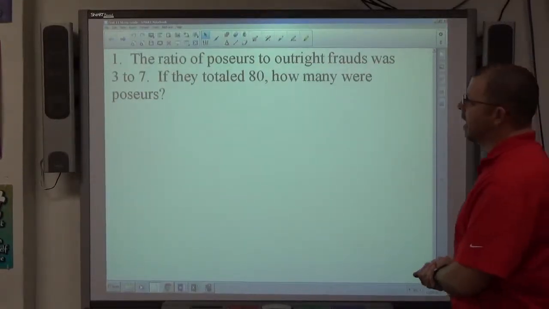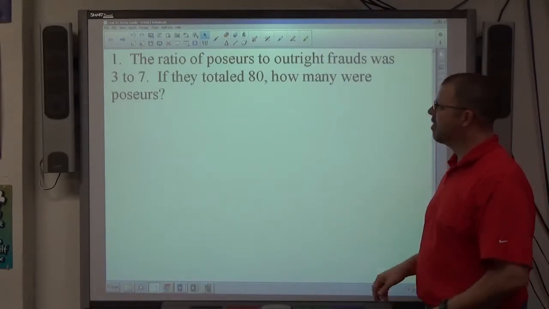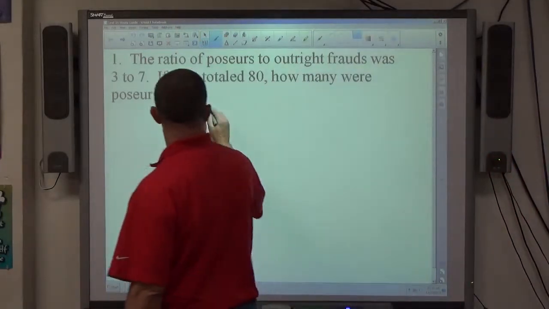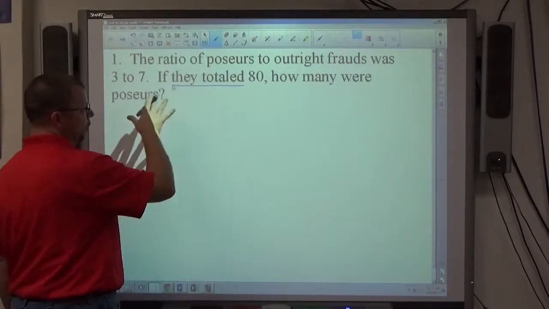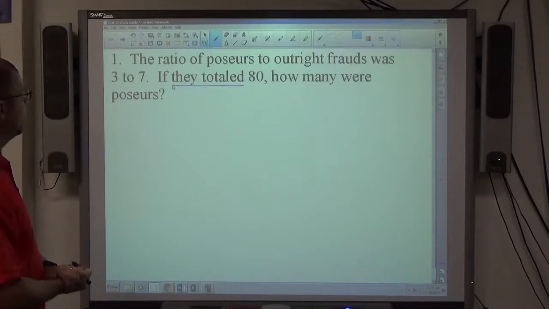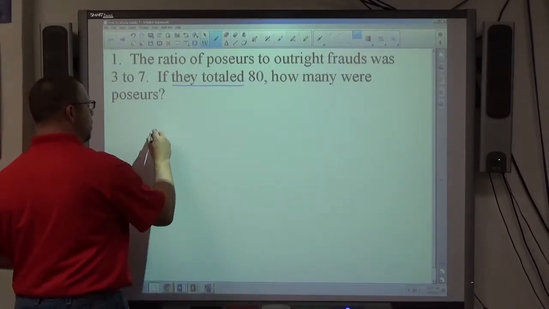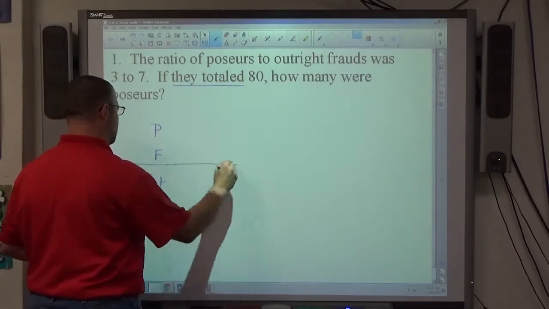Okay, number one on the study guide, the ratio of posers to outright frauds was 3 to 7. They totaled 80. They're not telling us how many were posers or frauds, but the total number of all the types of people is 80. How many were posers? So if I put posers, frauds, and total as my categories,